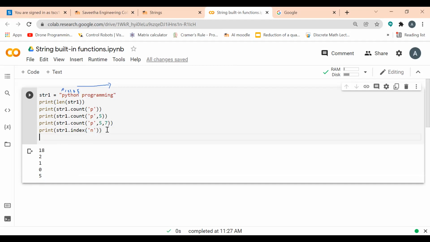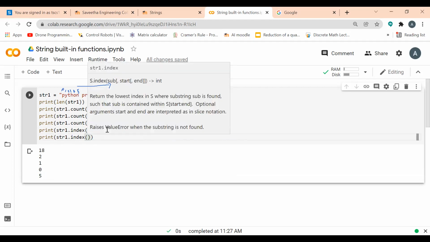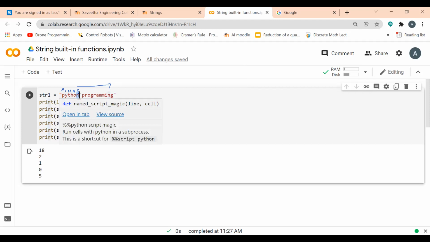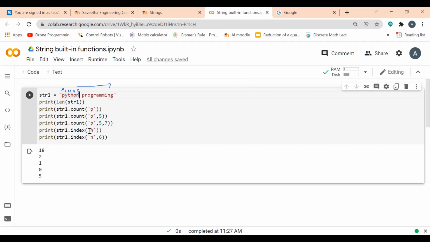Even for this, I can give the starting index. So print str1 dot index of n comma 6. It will search for n from the sixth index, because if I give only n, as soon as it sees the first n character, it stops reading. If there are many n's in your value, it will return only the index of the first n.